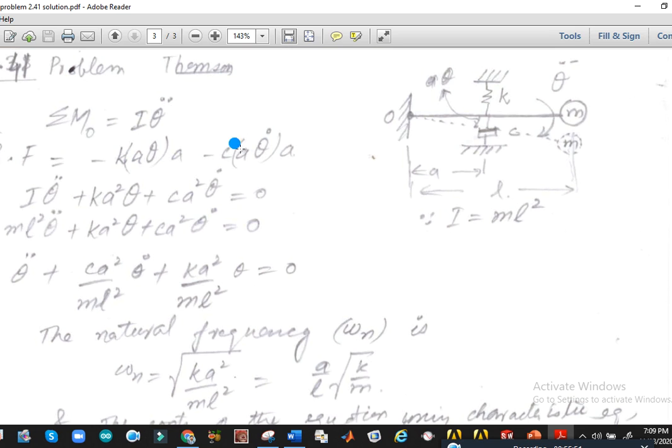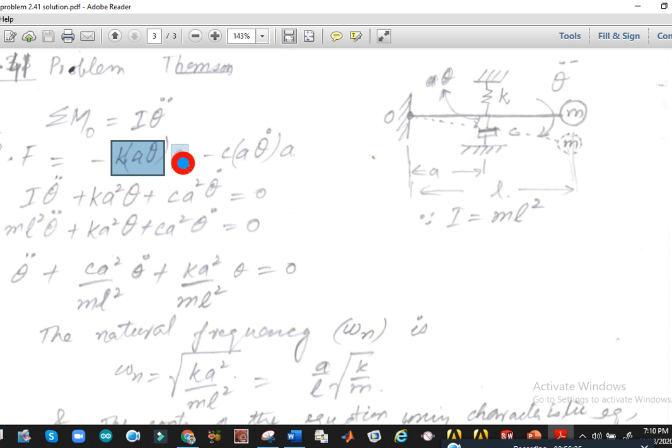So what is the stiffness force? F is equal to kx, where k is stiffness and x is displacement. And what is x here? Because it is angular displacement, x is equal to r into theta. What is r? r is the distance from the pivot point to the point where the spring is attached, that is A. So F is equal to kx, where x is equal to A into theta. So we have here k A theta. This is your spring force. Then taking the moment about the pivot point, this A is because of that force.